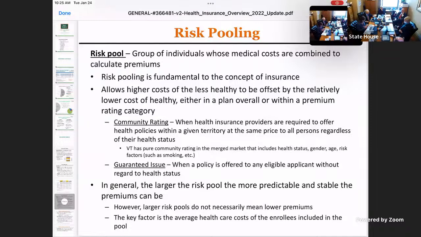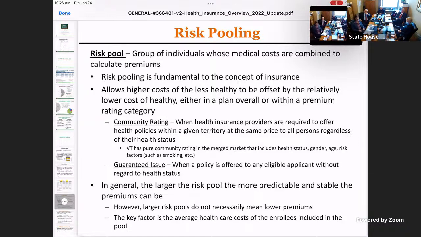So I might let you do community rating and guaranteed issue. Sure. So once again, when we're looking back to the Affordable Care Act and we're looking at the plans on the health exchange, there is a concept of community rating. Back when the Affordable Care Act was enacted, each state had to decide what they were going to do, whether they were going to have their own state health exchange for insurance, and how they wanted to do rating for the pools that they have in the exchange.